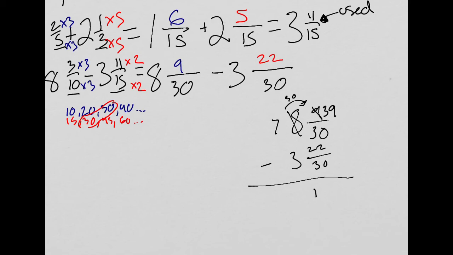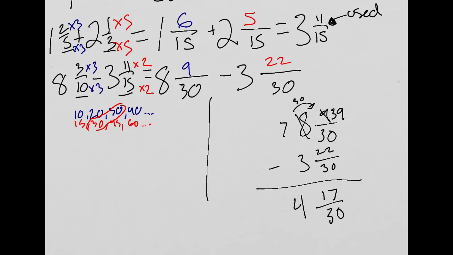That gives me 17 thirtieths. And 7 minus 3 is 4. So 4 and 17 thirtieths is what I get as her